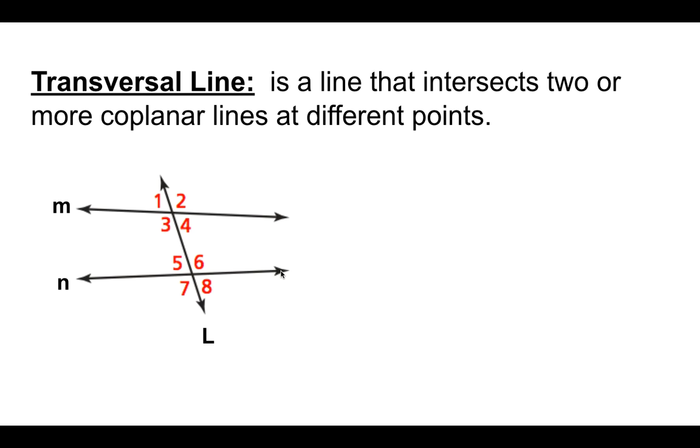And then the last term we're going to go over today is transversal lines. This is a line that intersects two or more coplanar lines at different points. So notice this is line M and this is line N. This line here, L, would be